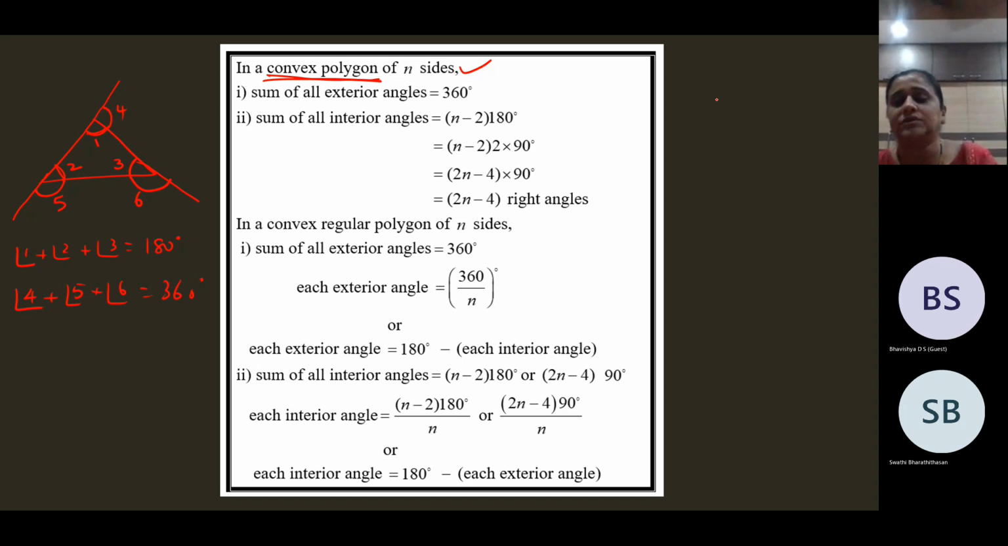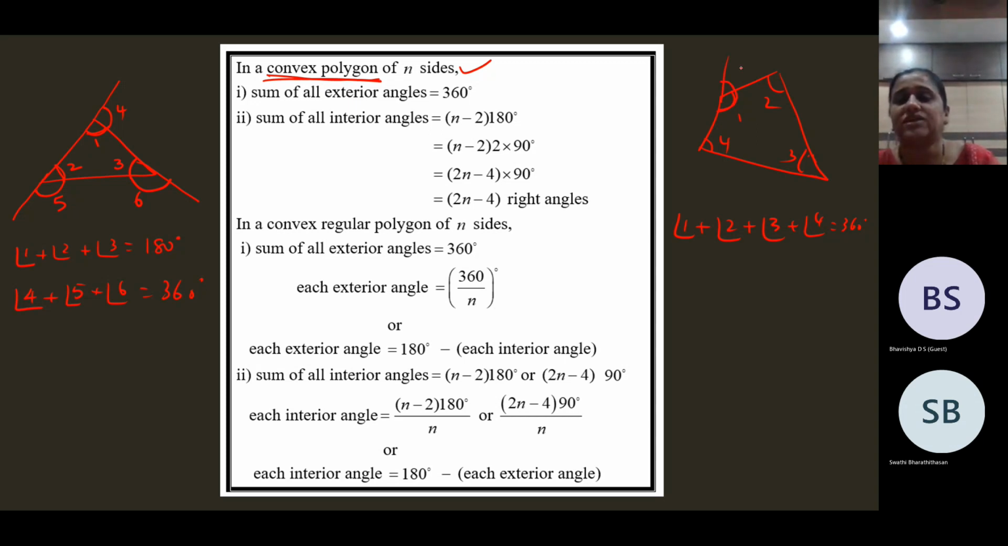Now take a quadrilateral. Angle 1, angle 2, angle 3, angle 4. The sum of the 4 angles in a quadrilateral, that is the angle sum property in a quadrilateral, is 360 degrees. When you produce this side,